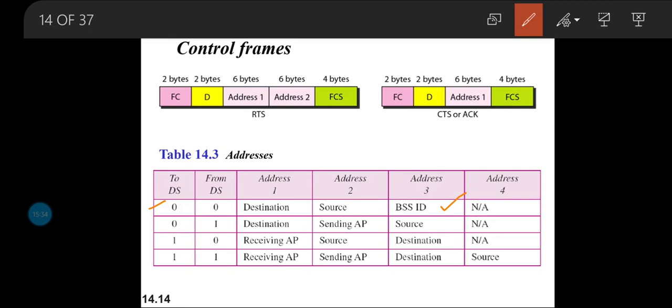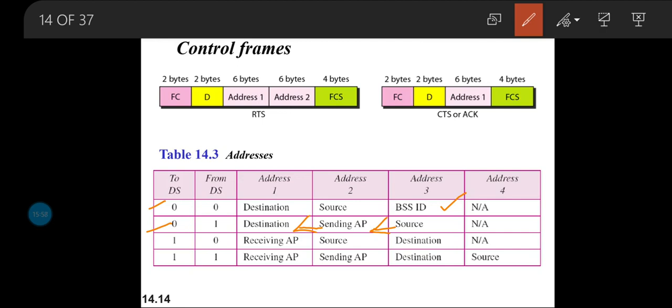Now suppose the source has to transmit the data to the access point. So from the source the data will be moved to the access point, and from the access point the data will then be sent to the destination. Depending on this movement, the To Distribution System field is 0, but From Distribution System is 1.